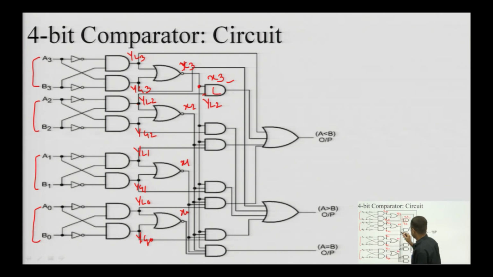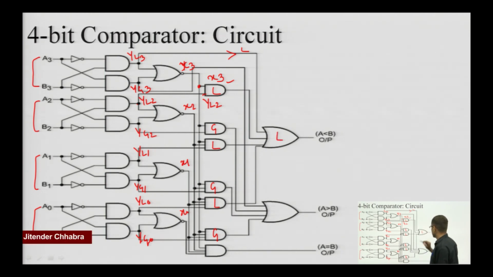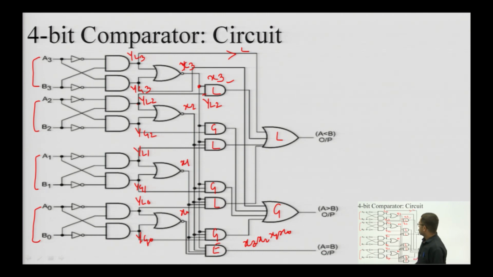Similarly, this will be YL, and this will also help me in generating the lesser product. Similarly, this one also, this one also. So, these are the gates involved in generating the lesser output, and similarly these are the gates involved in generating the greater outputs. So, all these terms are added; this one is for L, this one is for G, and this one is actually x3, x2, x1 and x0, that means equal. So, this is used for equal output generation. So, this is the 4-bit comparator circuit, which has been derived from the concept of 1-bit comparison.